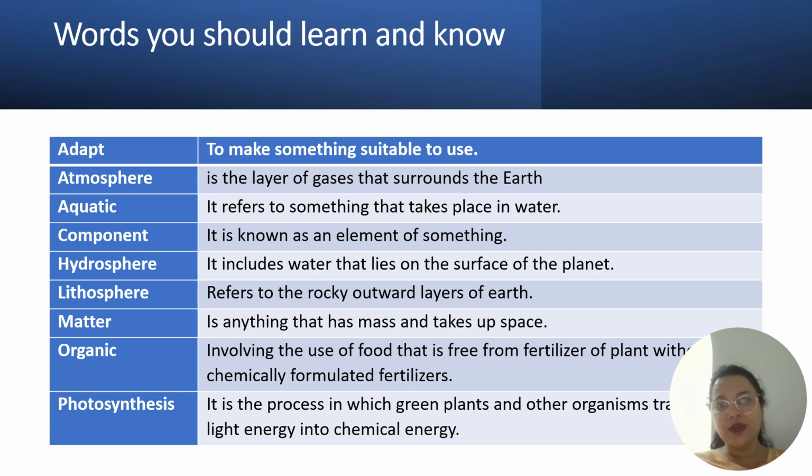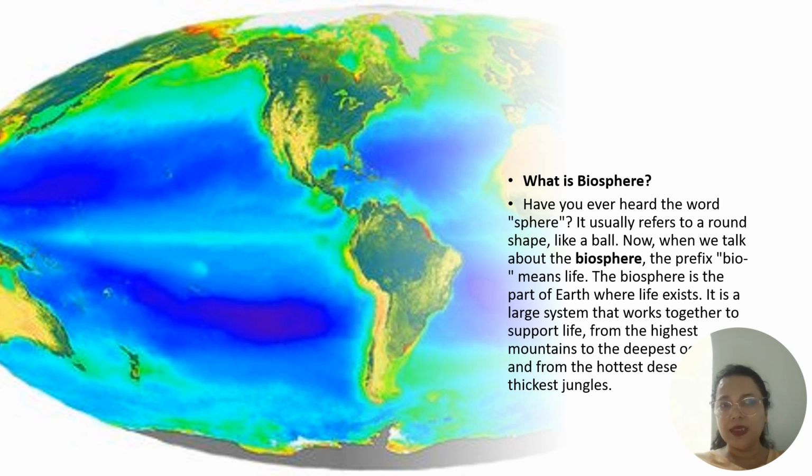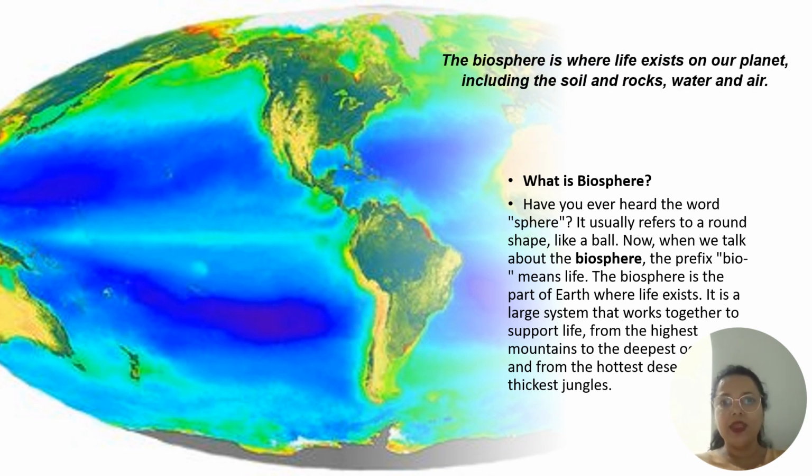Now you're going to ask yourself, what is the biosphere? Basically, the biosphere means, bio comes from biology and it has to do with living things. Sphere is a sphere around. So a biosphere is all the living life that sustains the earth, right? So a correct definition of the biosphere is where life exists on our planet, including the soil, rocks, water, and